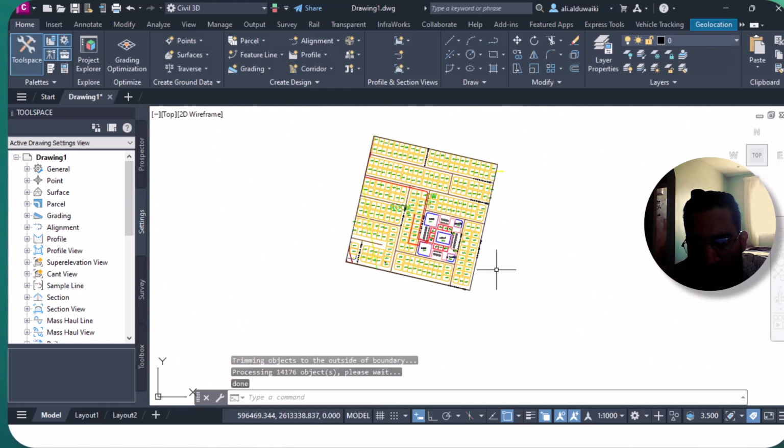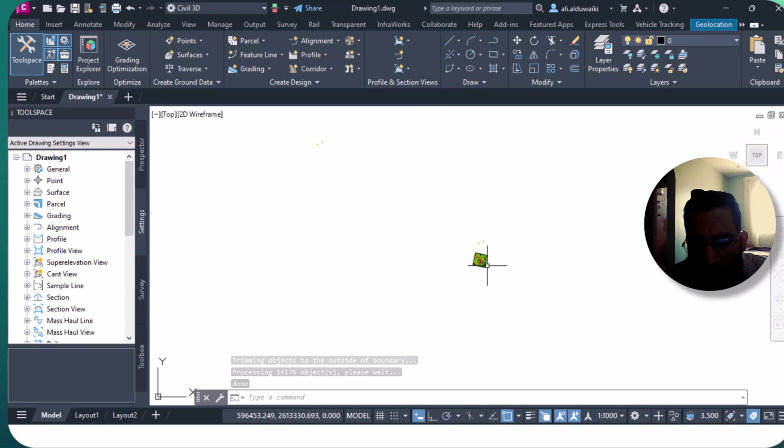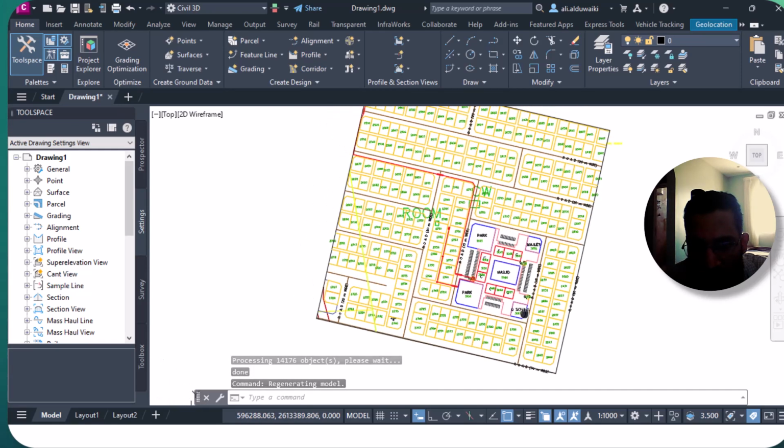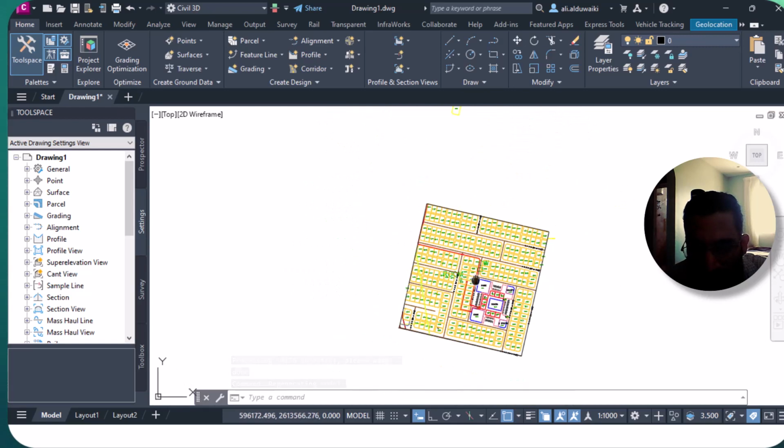See, everything outside of this rectangle is just trimmed. You have this rectangle. Okay,